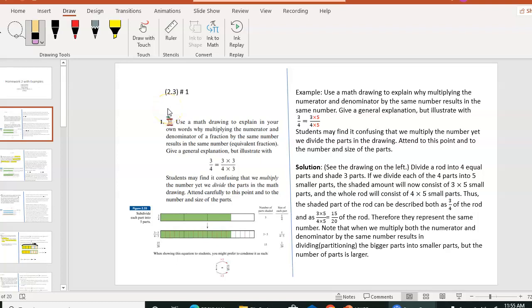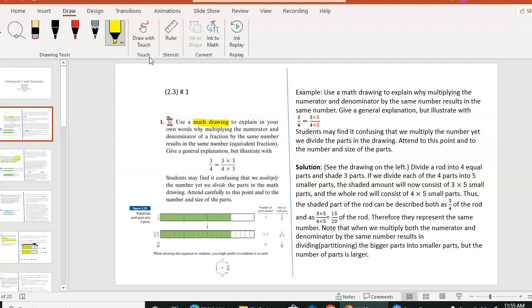Section 2.3, homework number 1. Use a math join to explain why multiplying the numerator and denominator by the same number results in an equivalent fraction. So first we must have a math join, and we're going to use the join to explain whenever we have a fraction,